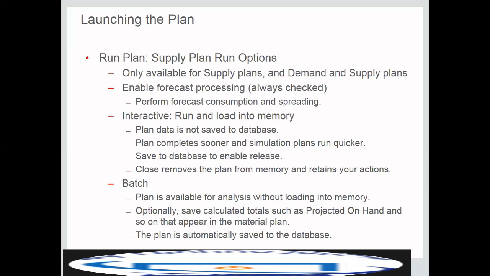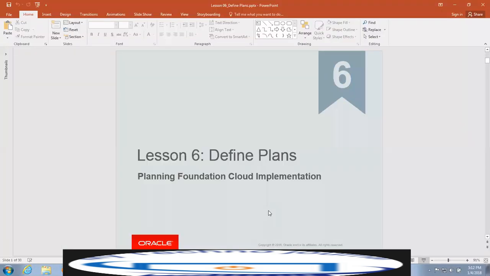If you want to release it from this particular simulated plan, you have to first choose the action save to database, so that you can release it from this particular simulated plan. And Close removes the plan from memory and retains your actions. In the case of batch, plan is available for analysis without loading into the memory. And optionally, you can save the calculated totals such as projected on-hand balances that appear in your material plan. And all the plan data is saved to a database automatically. So this is about